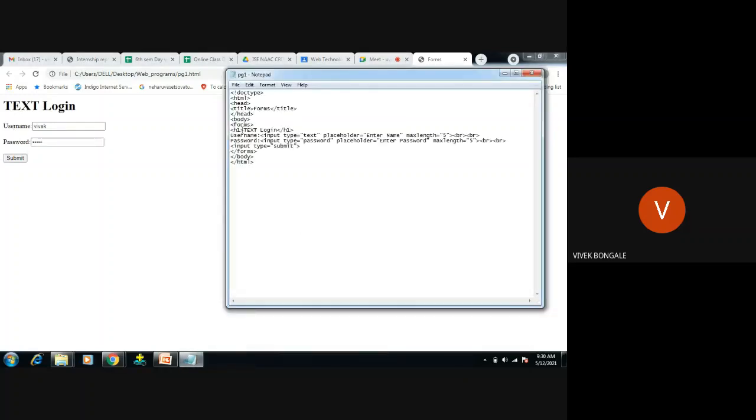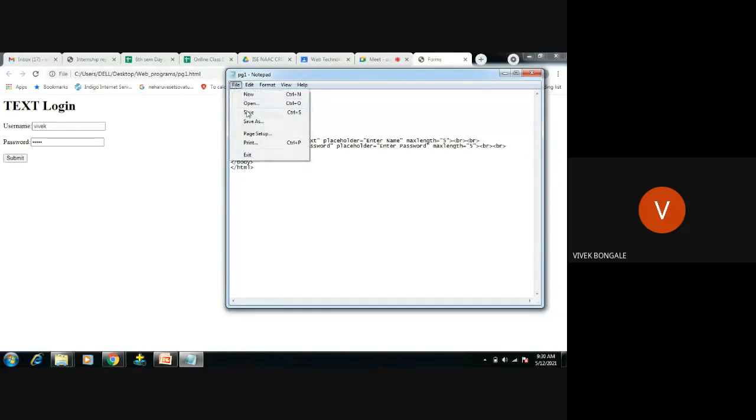Right? So the H1 text "login" is displaying in the form. What I will do is take this and place it above the form. Means this content is not in this form. Now we will see what we get.